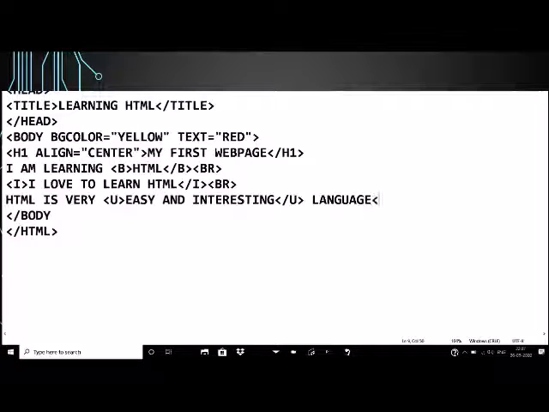We will be using the P tag here, and after that, whatever we write.